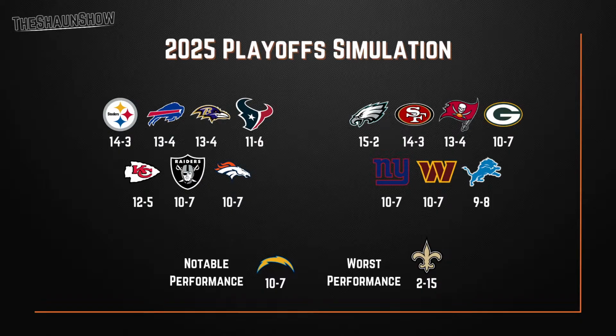Two teams from the NFC North will be making it through to the playoffs. That is the Packers at 10-7 and the Lions at 9-8. Now you might wonder why the Lions are the second seed from the NFC North. This is attributed mainly to the loss of their offensive and defensive coordinator. It could take them a little bit to make it on that road, but they also do have quite a tough season.